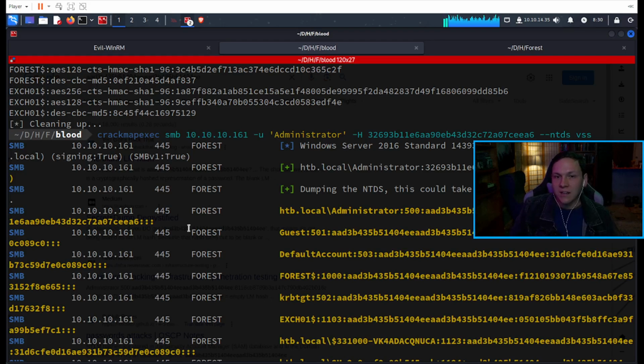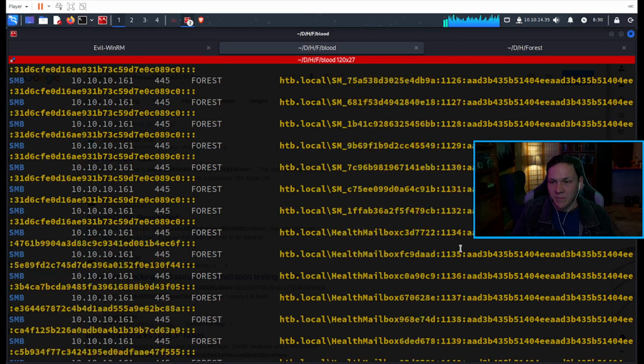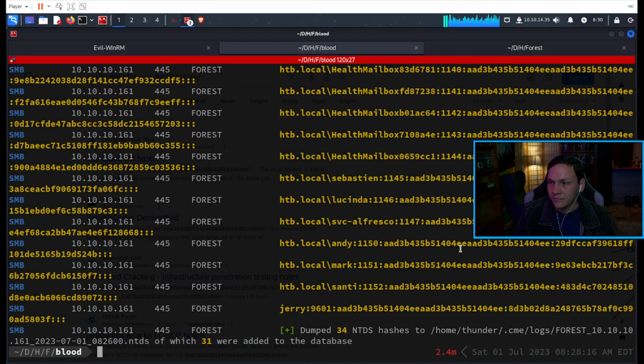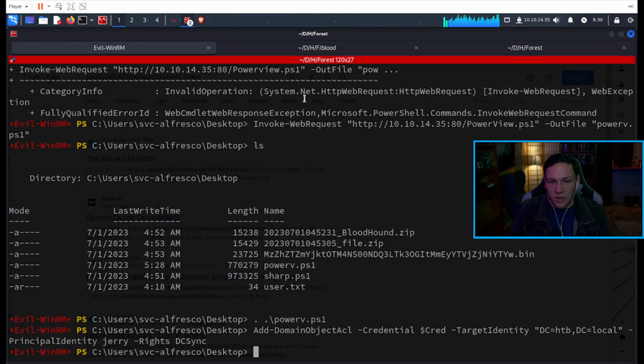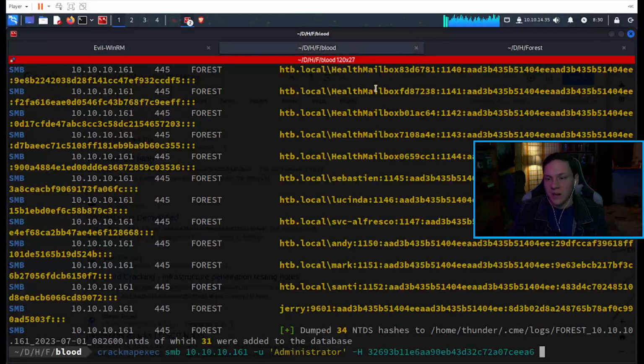All right, so we've done SMB, we've dumped these hashes. The next thing is we're going to see if we can do WinRM as well. Because if we can, then we can log in just as we did with Alfresco. We can then do it with our administrator using the hash. So what we'll do is